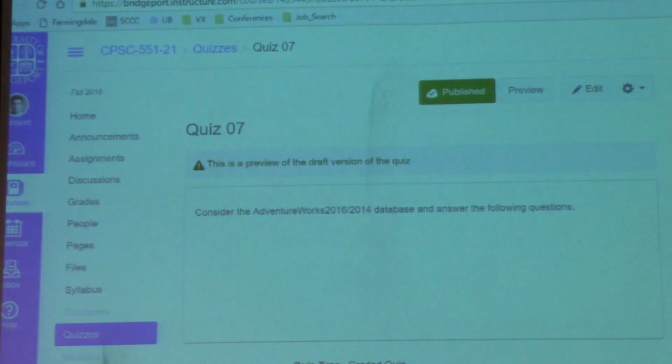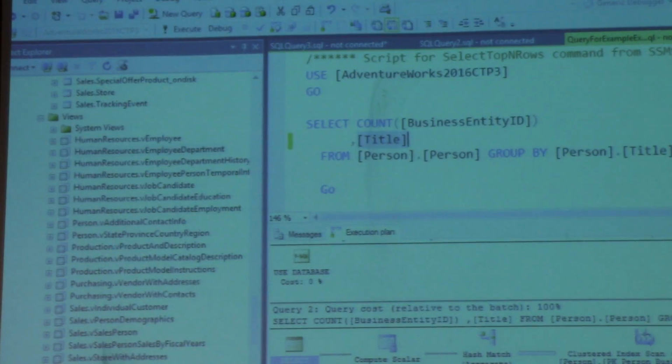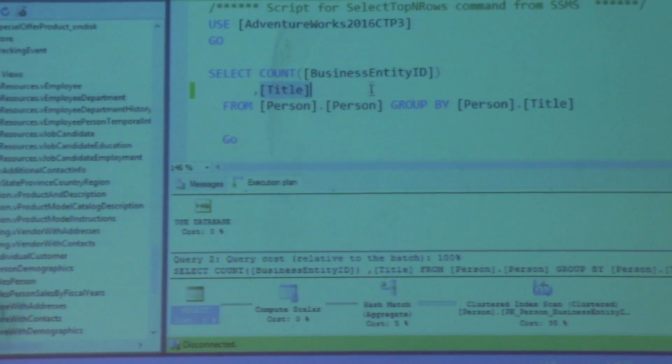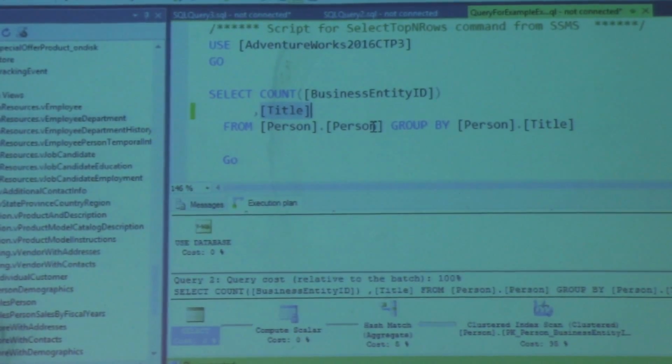Okay, so let's get back to our topic. If you get some questions like this, what is the best solution? Execute it, get the query, see the query, and see what the result is. For example, if I give you another query like